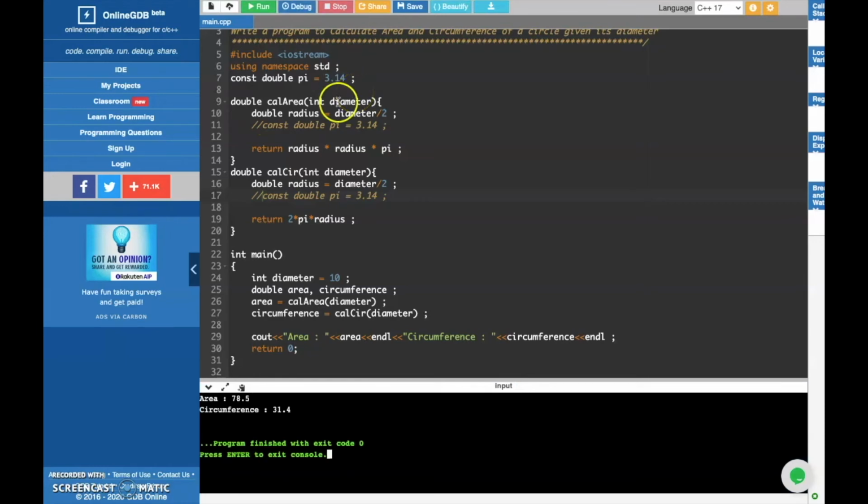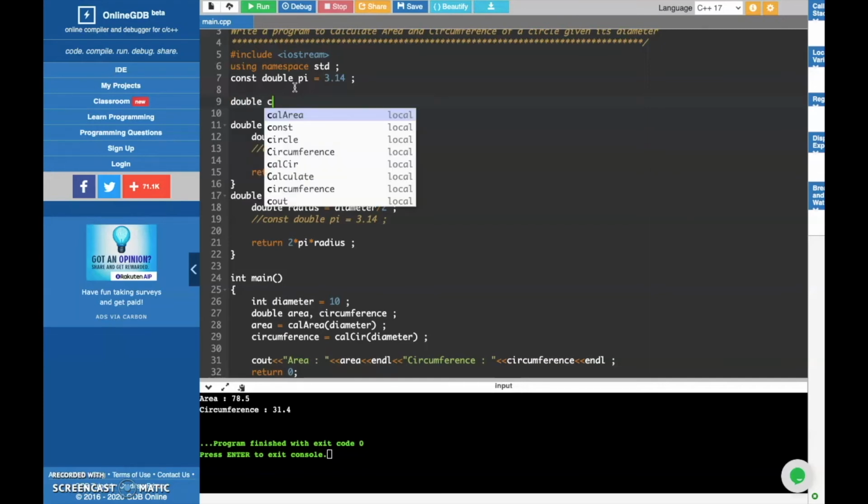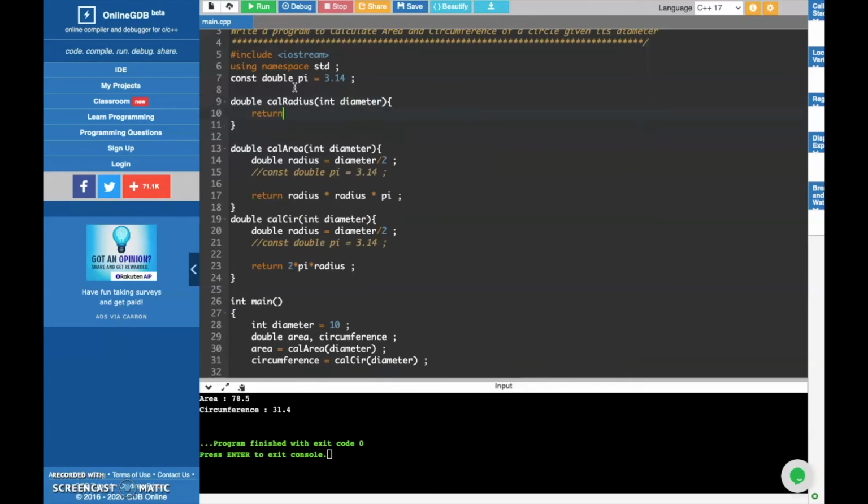Also, we are repeating this radius computation in both of functions. Though it is so small, we still can define a separate function for it. So we are gonna declare this function calculate radius, which gets diameter as an input and returns